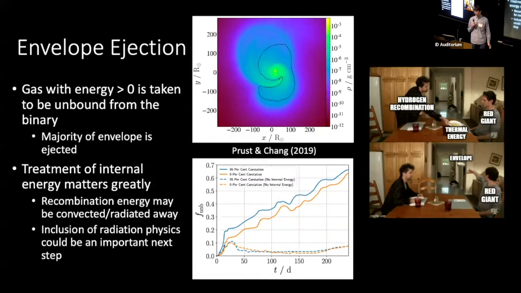Though this is kind of a contentious point lately, as there are some who have claimed that the energy that's injected from recombination is quickly radiated away or convected to the surface and then radiated away, and so it wouldn't help in envelope ejection. And indeed, astronomers are saying that they're seeing hydrogen emission lines from these events, which indicates that at least some of that recombination energy is escaping and not assisting. But it was recently shown earlier this year that helium recombination, which happens deeper in the envelope, could also provide an important source of energy. So the meme really should say helium recombination instead of hydrogen recombination.